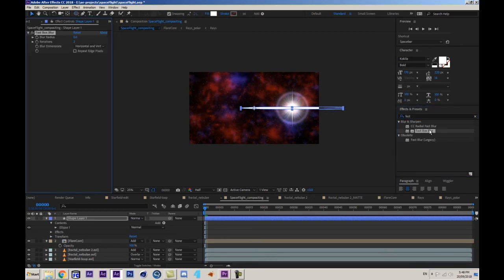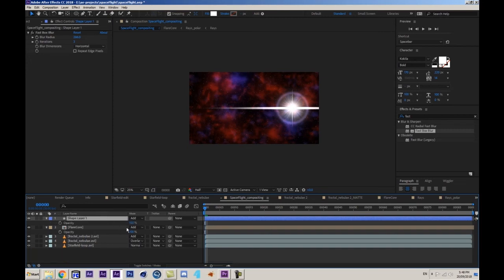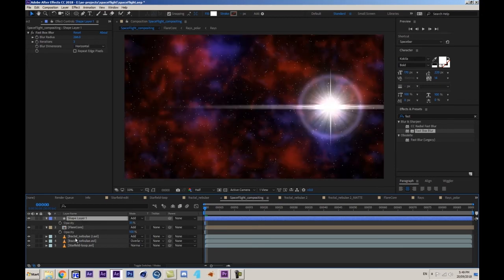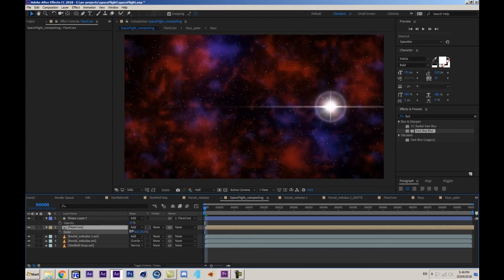Make it only horizontal, increase that to get some kind of a streak, set that to add, and tone down the opacity, so something like that. And once again, it's a little too big, so let's just link this new layer here with our flare core,